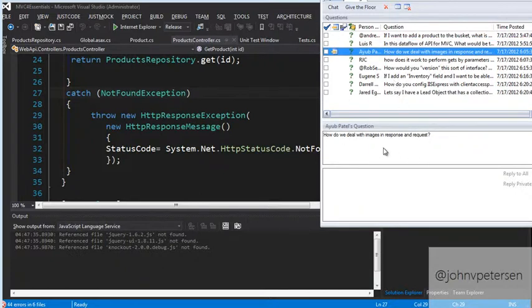How do we deal with images in the response and request? Well, they can be serialized, they're binary. I don't have an example of that, but another way is that you certainly can have those sitting as a URL. You can just pass the URL in and just grab those. There's any number of ways that you can deal with that as well. They certainly can be binary. You can have those embedded in JSON, or you can have those embedded in XML if you want.